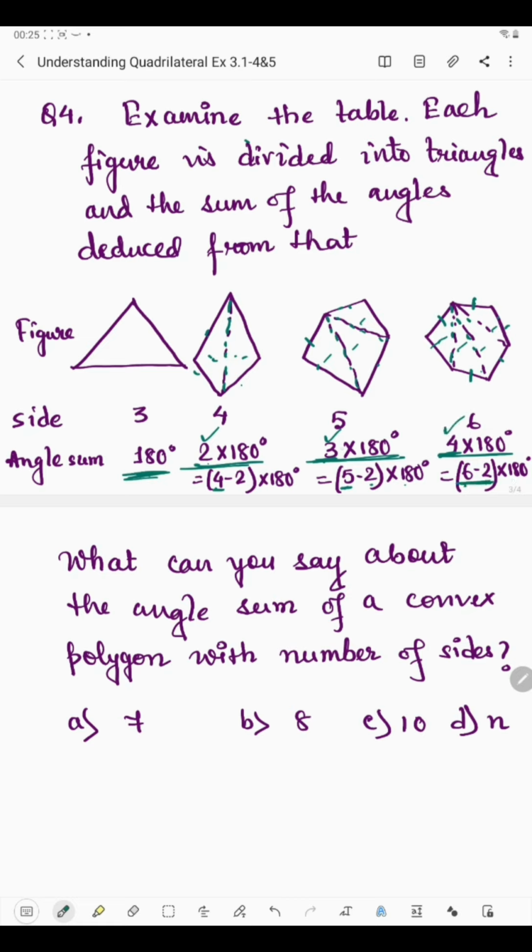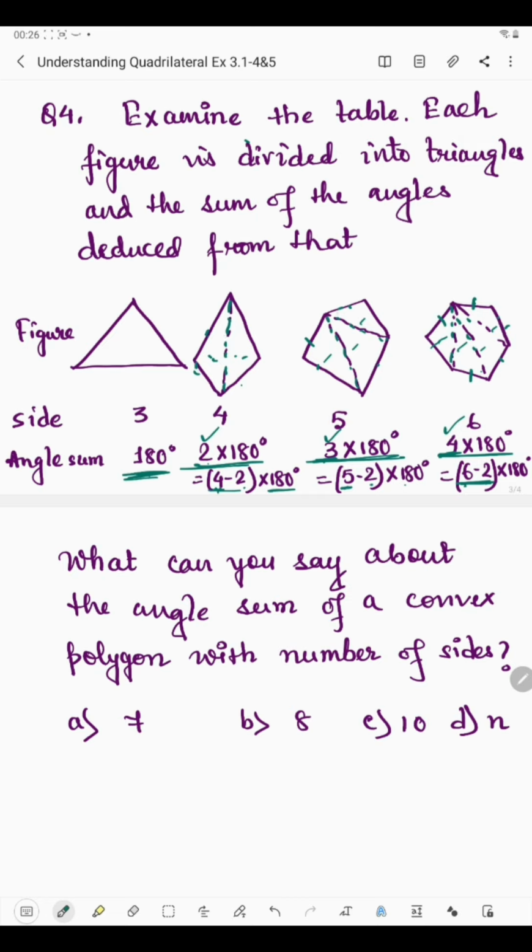So to get the sum of the measure of the angles, whatever the polygon may be, if it has 12 sides, 13 sides, whatever the number of sides, you just count the number of sides and then deduct 2 from the number of sides, into 180 degrees, to get the sum of the measure of the angles of any polygon. See, in this case 4 minus 2 into 180 degrees. So here the sides are 4. So 2 should be subtracted from the number of sides and then this should be multiplied by 180 degrees to get the sum of the measure of the quadrilateral.